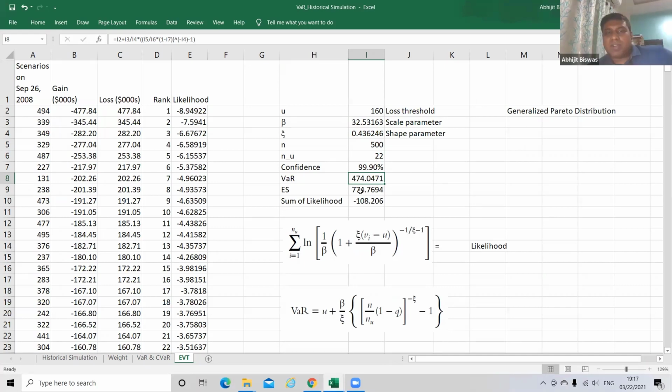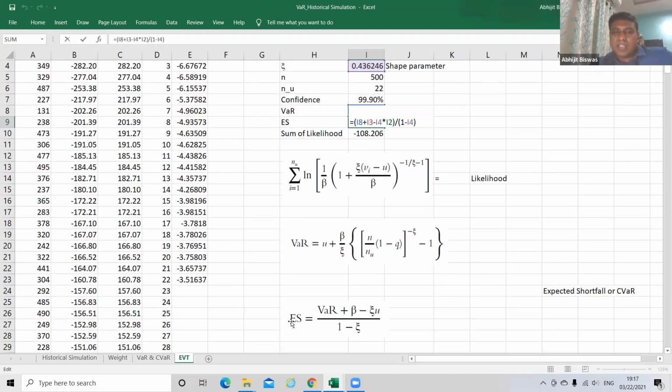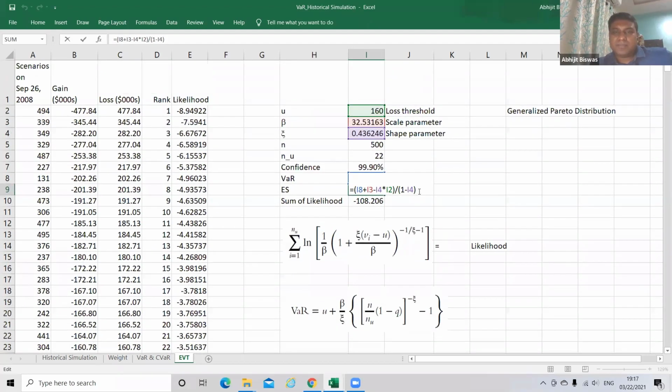Once you have got VAR, calculate the conditional VAR or expected shortfall using the formula. You can see it written down. Expected shortfall is equal to VAR plus beta minus xi into u, whole divided by 1 minus xi. That's the formula I have used here.